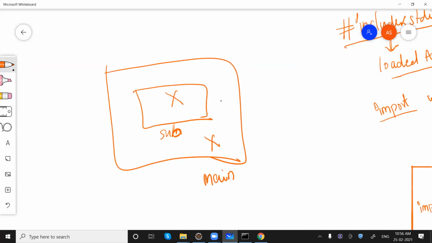When we are loading subfolders into the main folder, there may be a case with the same class name. If I say import main dot star, that means only the X class from the main folder will be loaded, and the subfolder one will not be loaded.